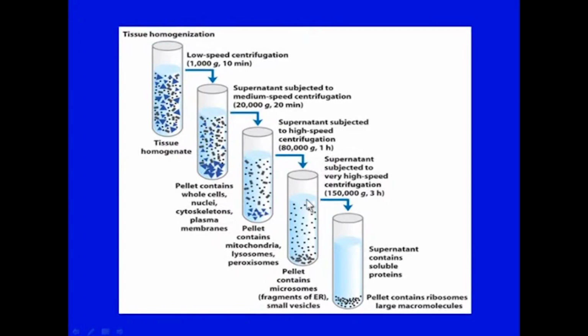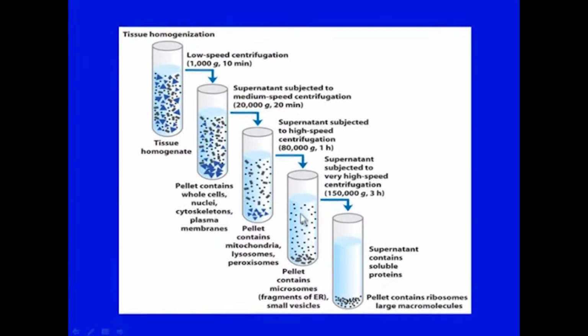You can see that for larger molecules you require low G force as well as less time, but as you go through these steps the smaller molecules require higher G force as well as more time for centrifugation. Again you get pellets which contain microsomes, fragments of ER, small vesicles and so on,